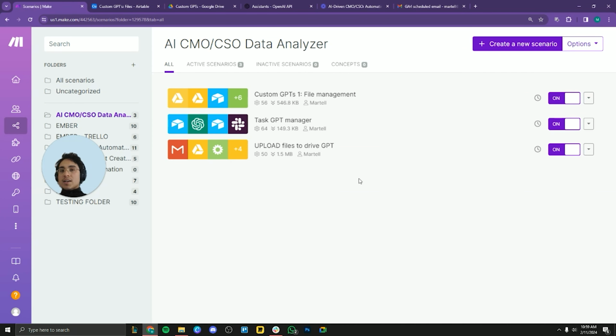I wanted to showcase another automation we designed. Essentially, this is your AI-driven CMO or CSO data analyzer. So essentially what that means is that it will take your reports. So let's just say you're running Google Ads or you have Google Analytics set up, or your LinkedIn enterprise,